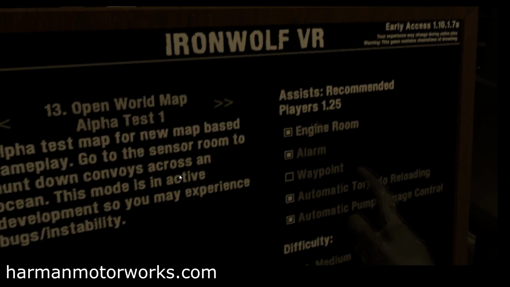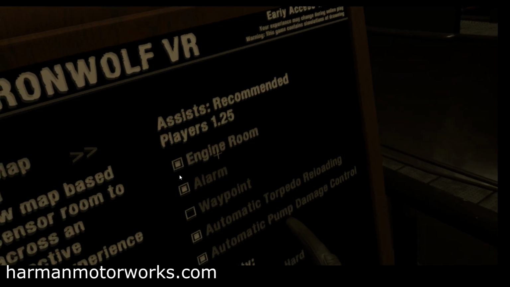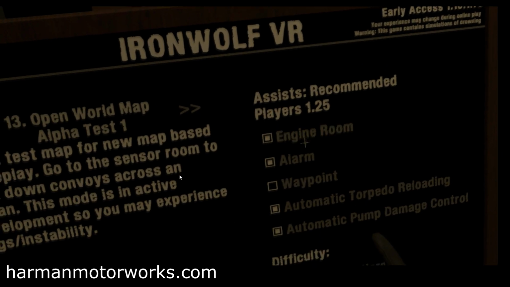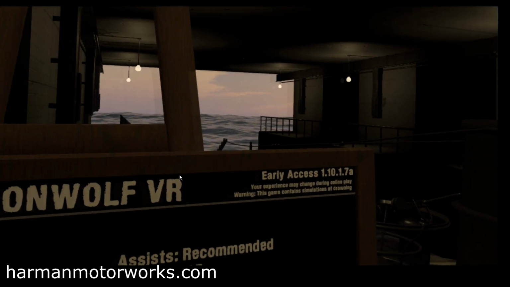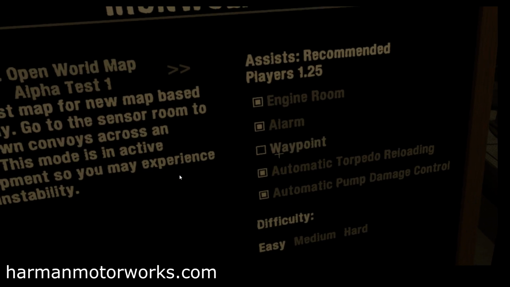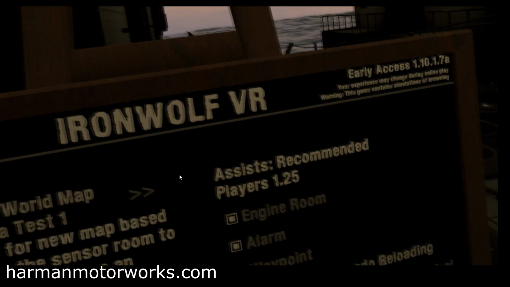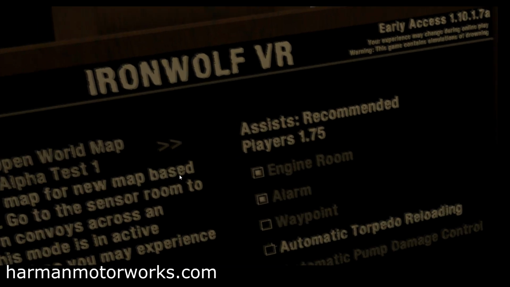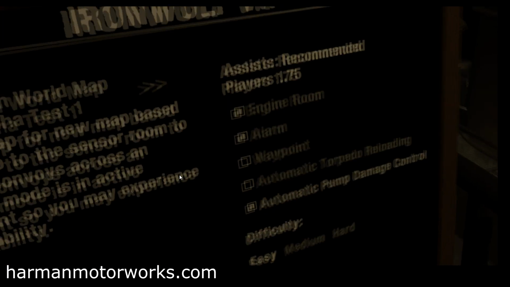What we're going to do is we're going to have assists here. So we'll turn on the assist for the engine room. Basically with the engine room, you can make that all manual as well. We're not going to be doing that today. The alarms will make that automated as well. I'm not going to turn on waypoints, so we'll have to track our targets manually. I'm going to go ahead and turn off our automatic torpedo reloading,